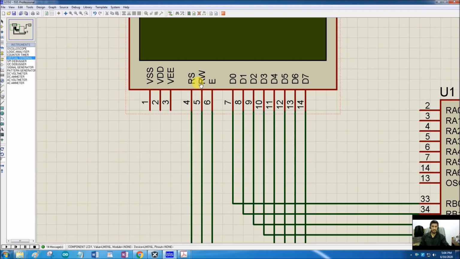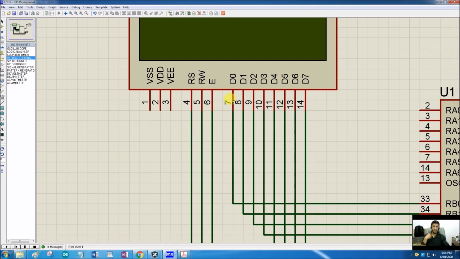The rest of the 2 pins, register select. Which register? Now this pin decides whether we are going to write a command into that LCD or we are going to write a data into the LCD. There is a separate register inside this LCD for command. There is a separate register inside this LCD for data. So to whichever register we write, that information that is currently available on these 8 pins will decide whether this information will be considered as a command or as a data.